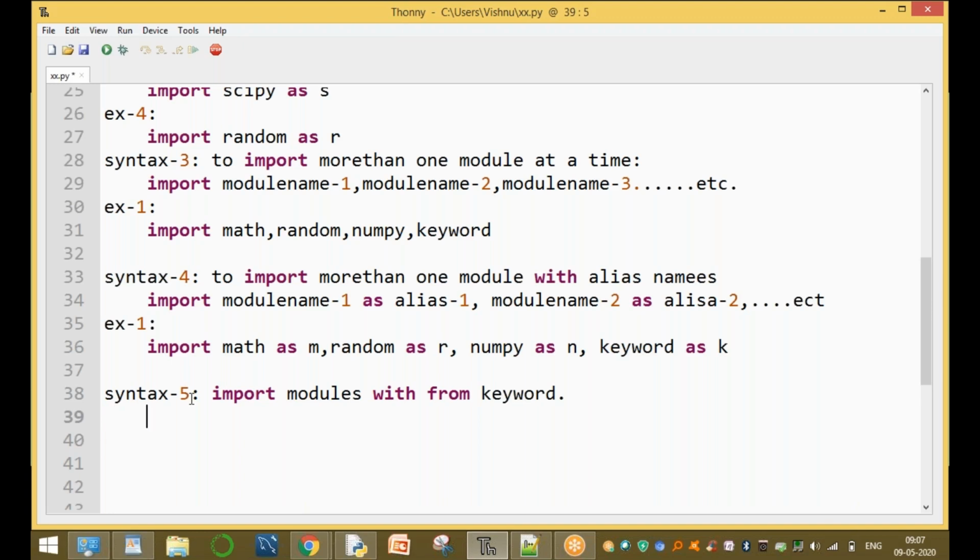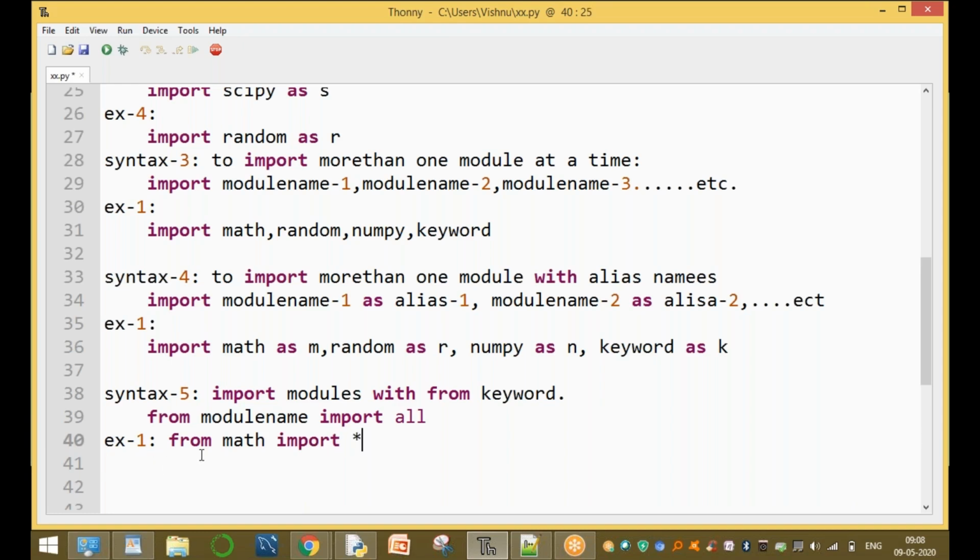Here the syntax is from module name import all. The module contains a list of variables and a list of functions. Import all. For example, we want to import the module. Example 1: from math import all.